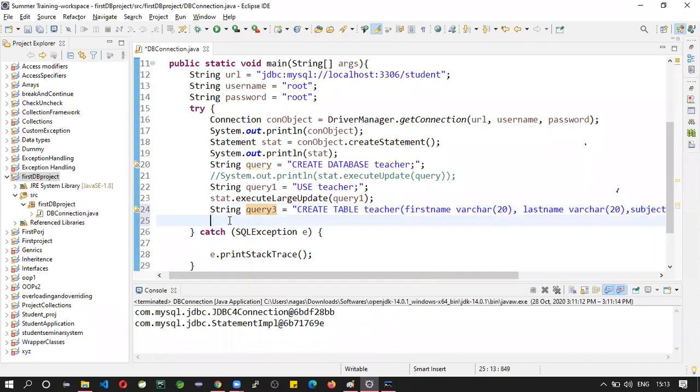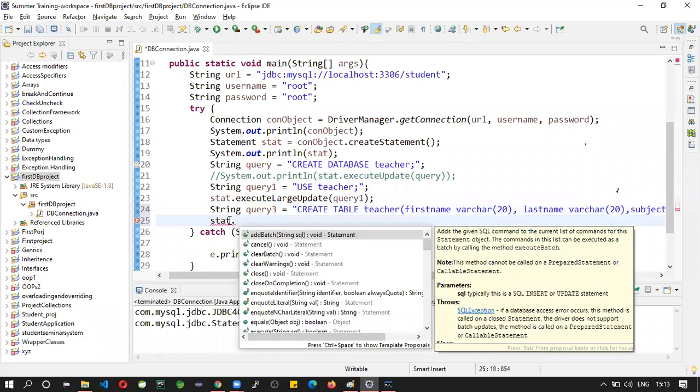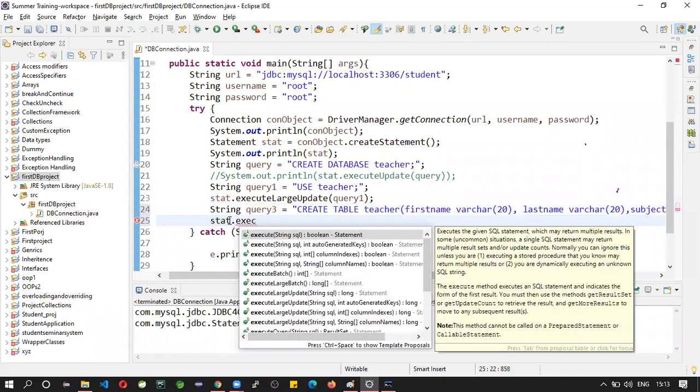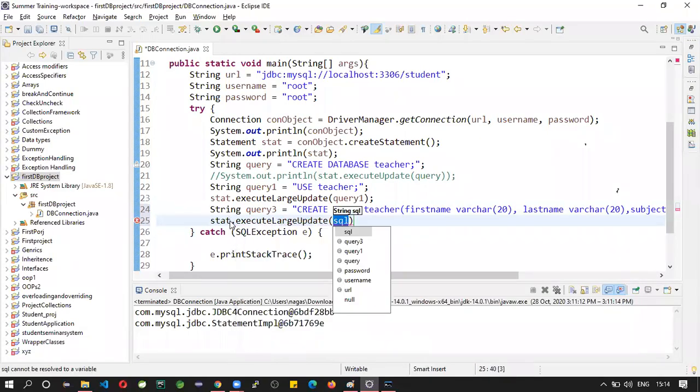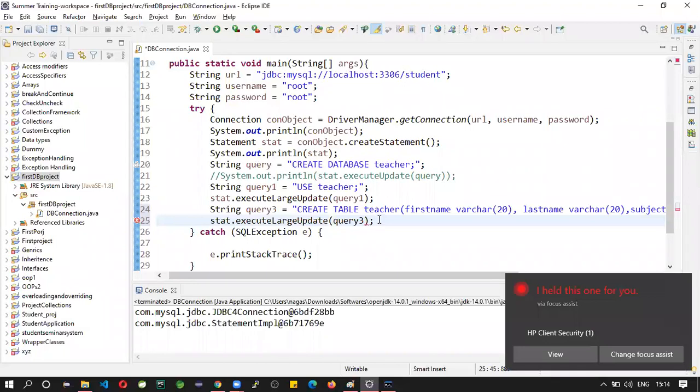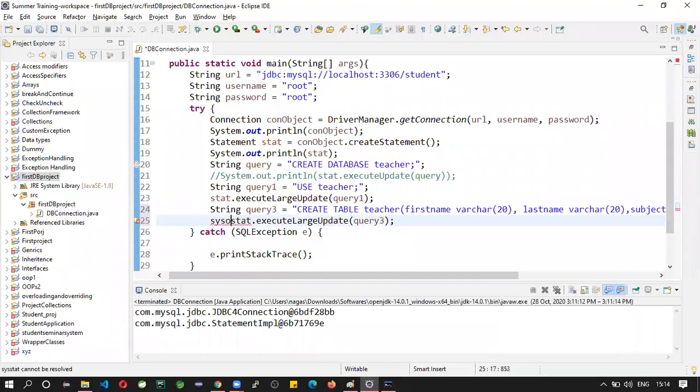So use the statement object to execute the query. Execute update, this is a DML statement, right? Manipulation means we are going to change. So use query 3. Now put this statement inside println.